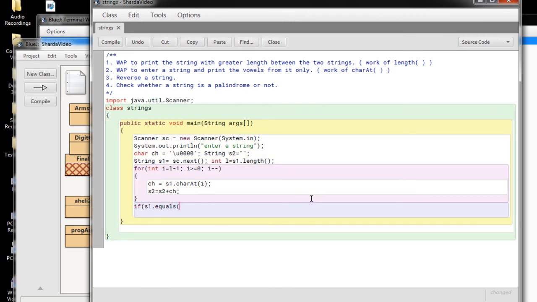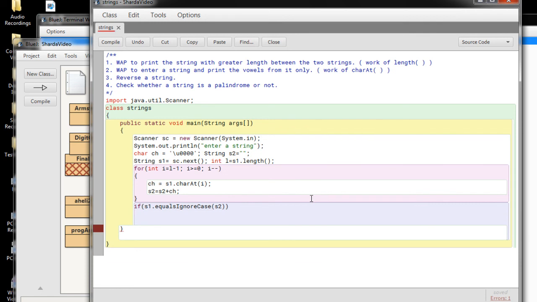Strings cannot be checked with double equal to, so you have to use this function, or you can say equalsIgnoreCase also. And in here you have to give S2, the reverse string. If it is equal to the entered string, then system dot out dot